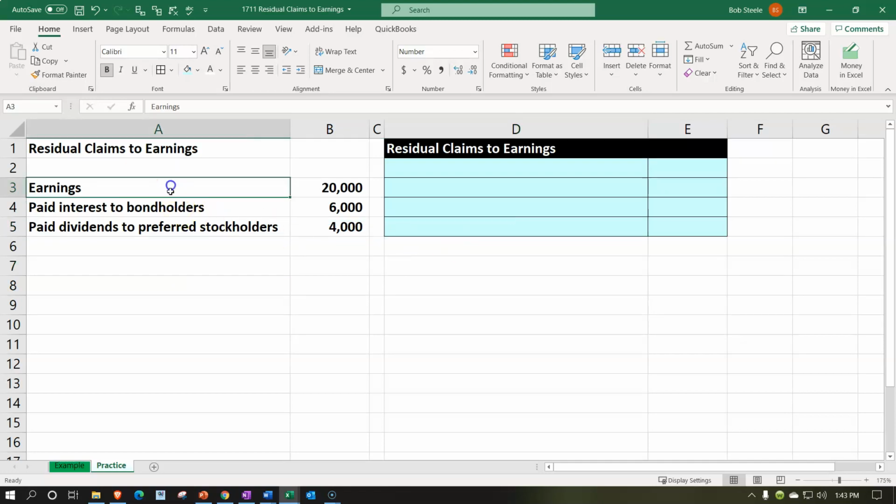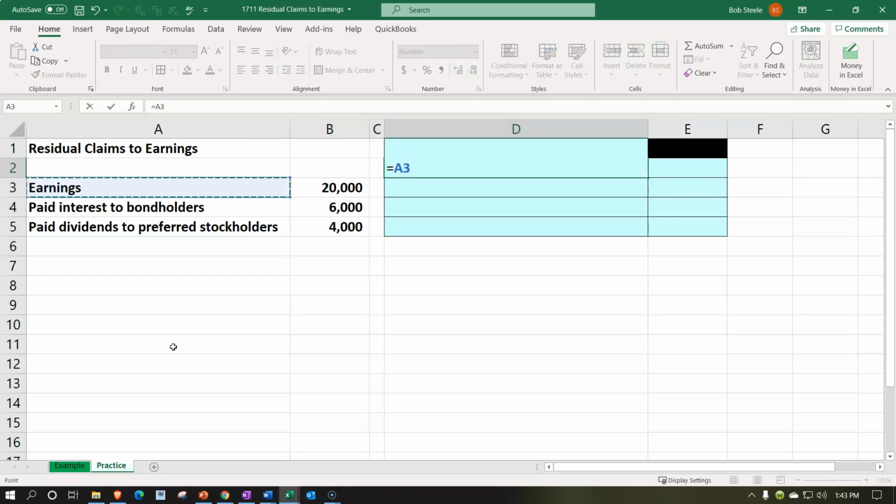earnings. So we have our earnings are going to be the $20,000, paid interest to bondholders of the $6,000, and paid dividends to the preferred stockholders of the $4,000. So the residual claims are basically the residual, what's going to be left. So our quick little calculation here, we're just simply going to take the total earnings, which are going to be